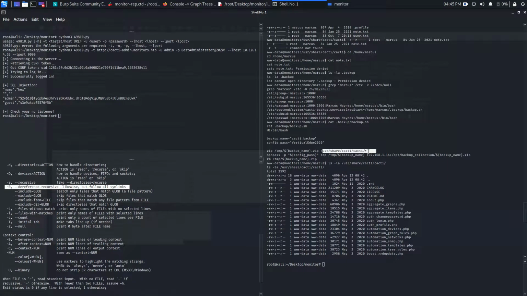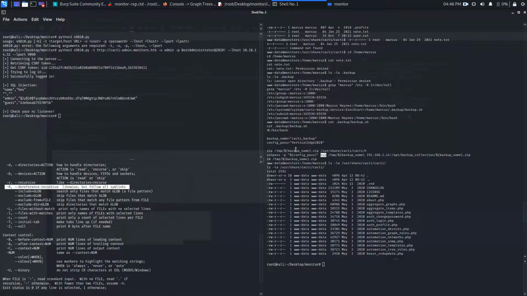It takes all the files from this path and makes a zip file. Then it is going to sshpass -p, using this variable which contains the password, and scp means ssh copy, this one, and it is going to copy